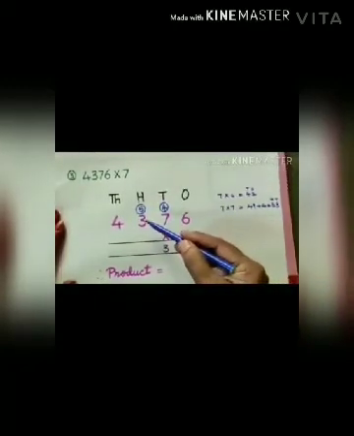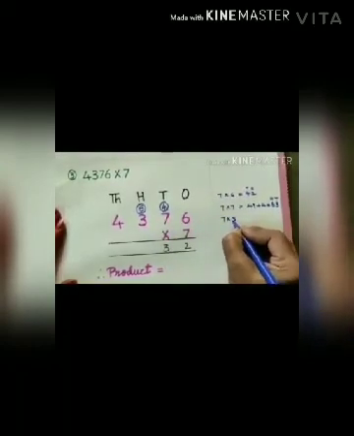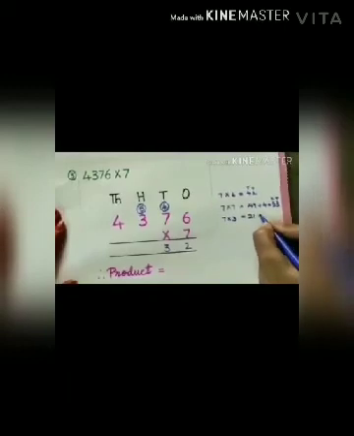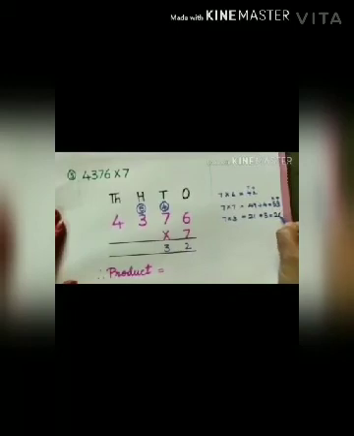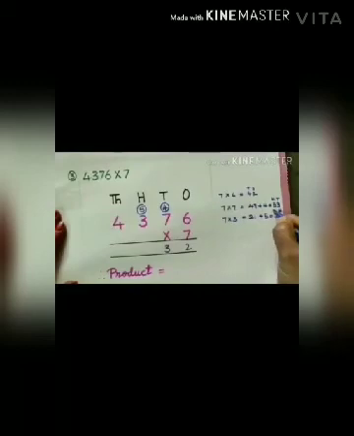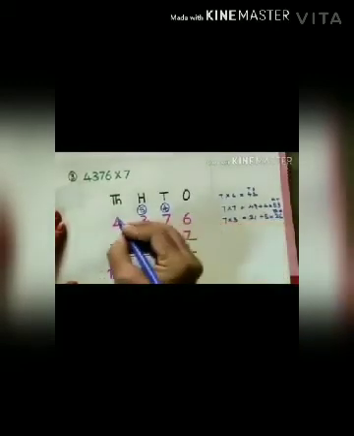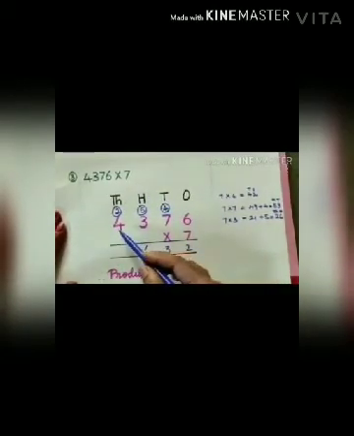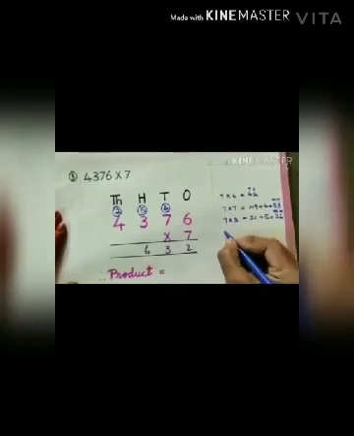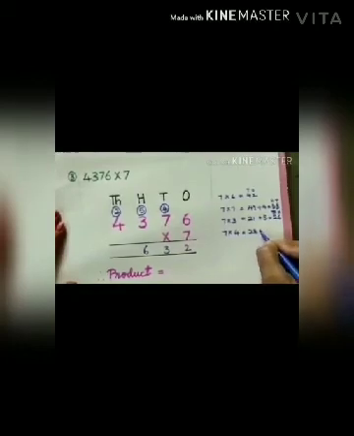Next multiply the digit in hundreds column. 7 into 3, 7 threes are 21, plus carried over 5. 21 plus 5 is equal to 26. Above the number write hundreds and thousands. Write 6 in hundreds column, 2 carry in thousands column. Now multiply the digit in thousands column. 7 into 4, 7 fours are 28 plus